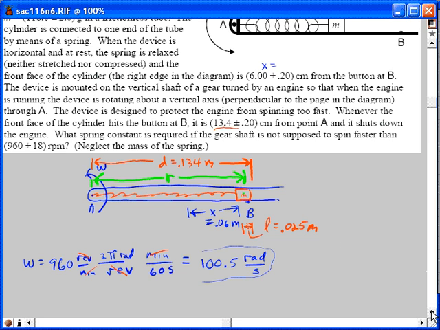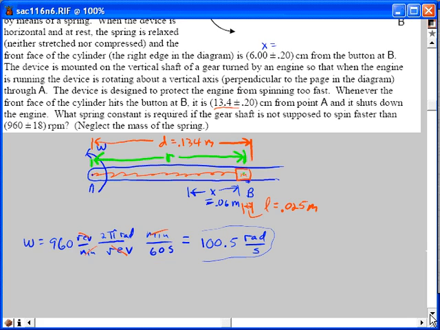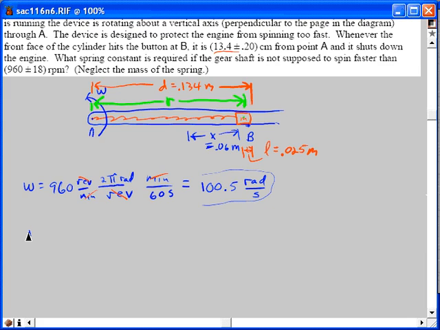Okay, I'm feeling good about this now. We got r, the distance out to the center of mass, is just going to be d minus L over 2, or 0.134 meters minus